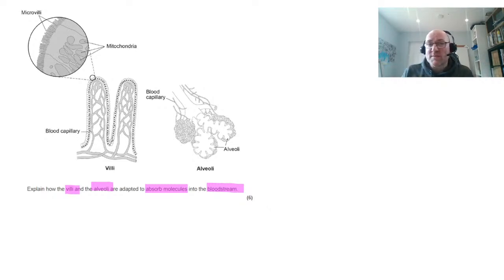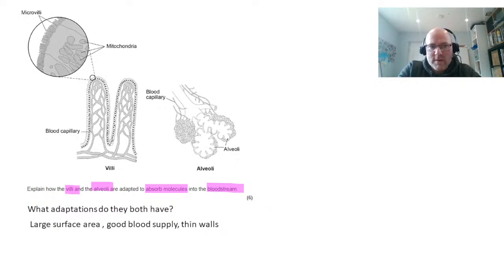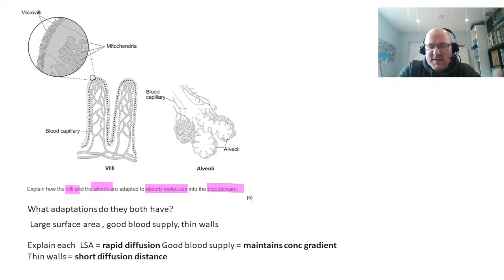Why a good blood supply? Well, the good blood supply takes away the material as it crosses, maintaining a really steep concentration gradient so that stuff just happens fast. So these are the explanations. Large surface area gives rapid diffusion, good blood supply maintains concentration gradient, thin walls, short diffusion